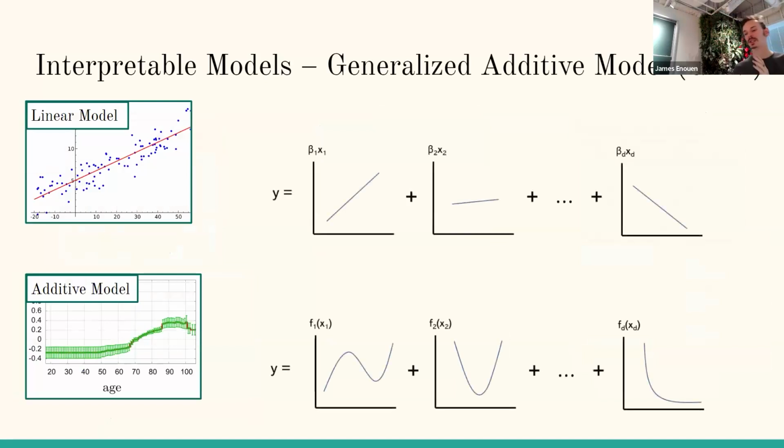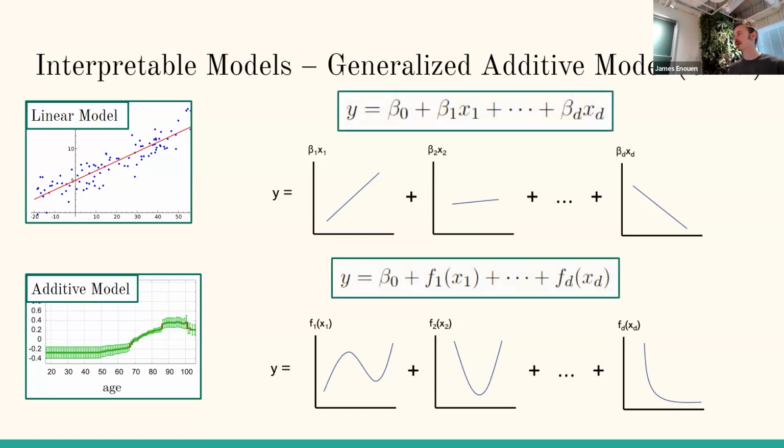Okay, so what is a generalized additive model? It's quite simple. So in a linear model, you have one coefficient for each of your features. We'll have D input features, and you train a line to fit each of them with a single coefficient. And what an additive model does is replace those beta coefficients with some arbitrary function. And now we can learn this arbitrary function, f1 of x1, f2 of x2, etc., all the way to fD of xD. And we're still only going to allow one feature at a time to obey this additive formulation.